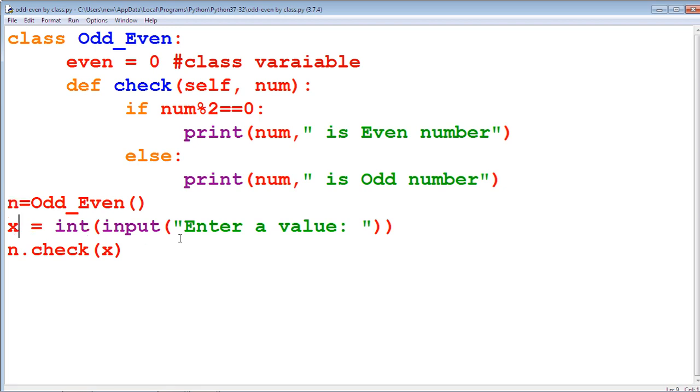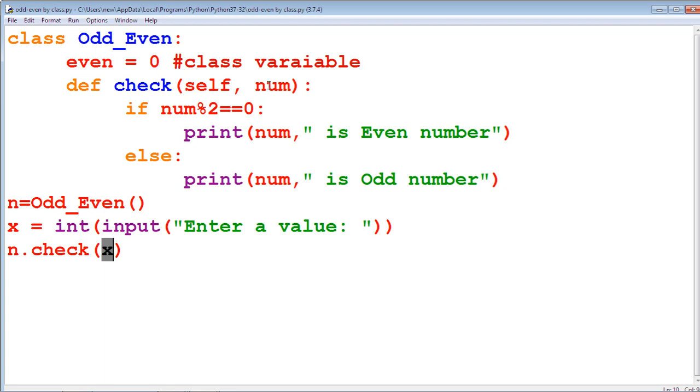x equal to int of input of enter a value, so we get the x value from the keyboard using the input method. Here n is the object name, dot is the dot operator, and check is the class method. Here x is the actual parameter, for example 4.